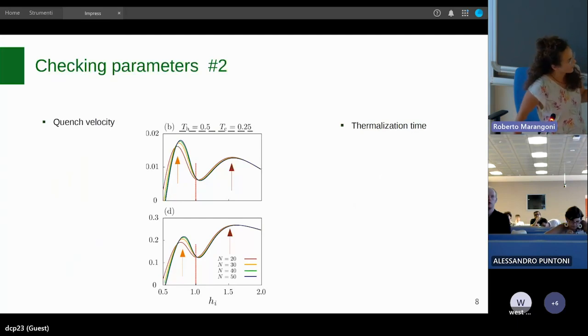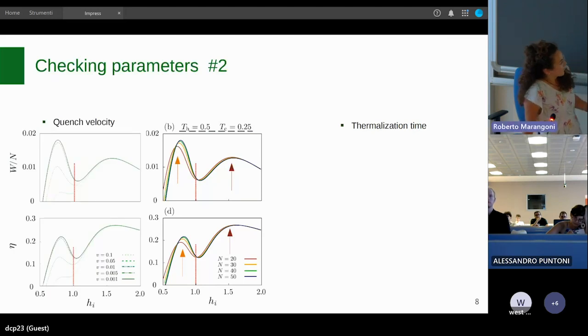But before going into details, let me tell you how this image changes when we change the other two parameters, since I promised you that I would comment on all the varying parameters and all the fixed parameters. In particular, let me tell you how this picture changes when we change the quench velocity. These are the same picture for different velocities of the quench. The darker the green, the slower the quench. So the slower the quench, the closer we are to the adiabatic point.